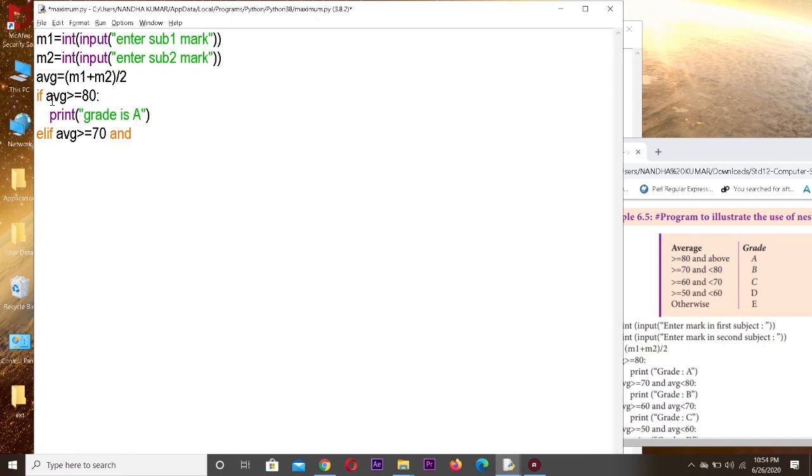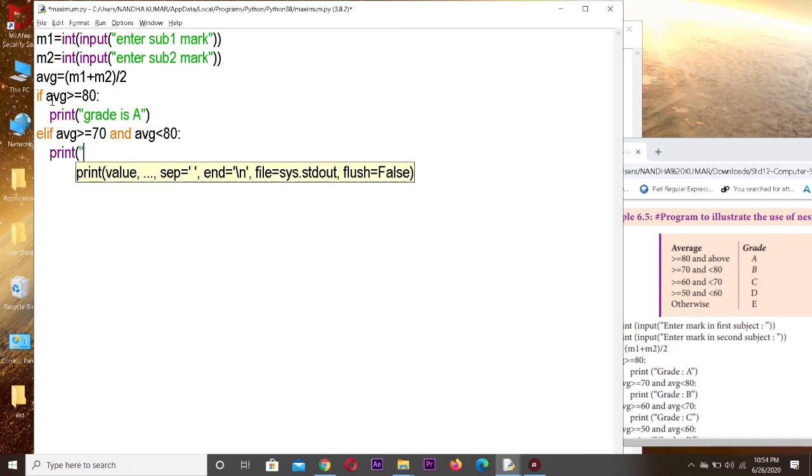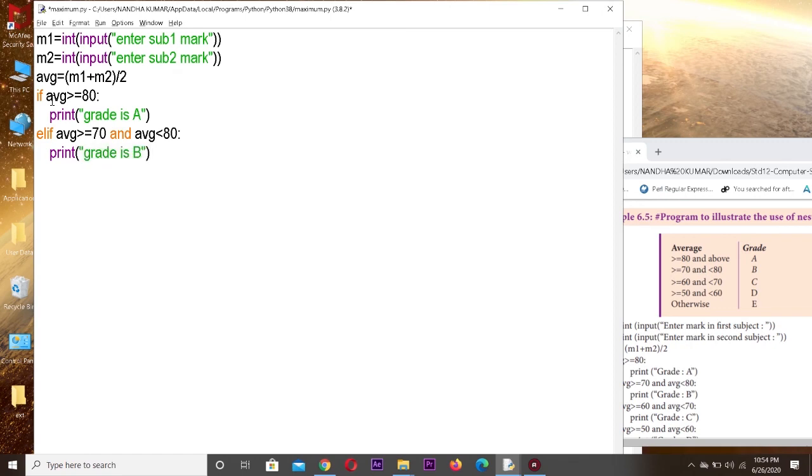So definitely we have to combine these 2 conditions by using the logical operator, and AVG less than 80. Okay, so colon. If it is like that, then I have to print grade is B. Okay, close the parenthesis.